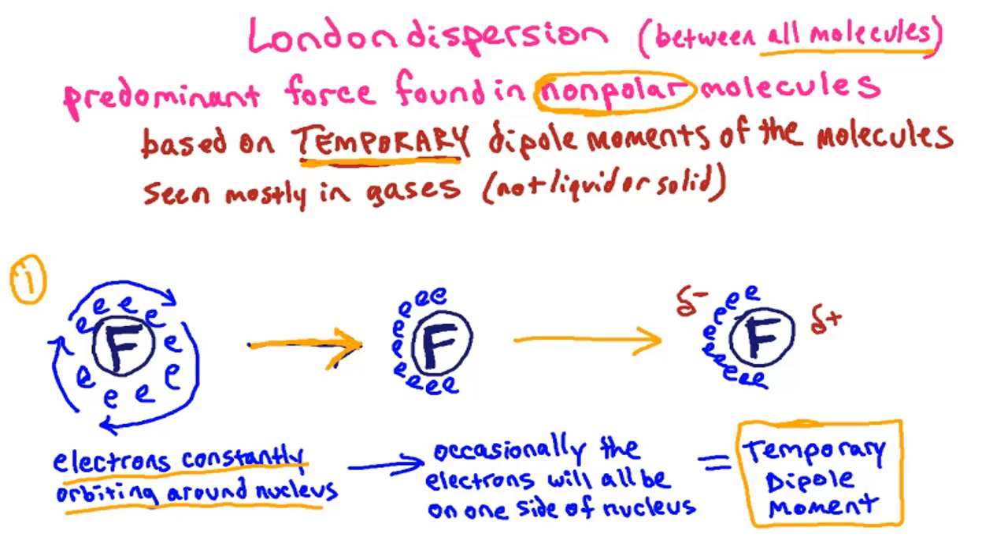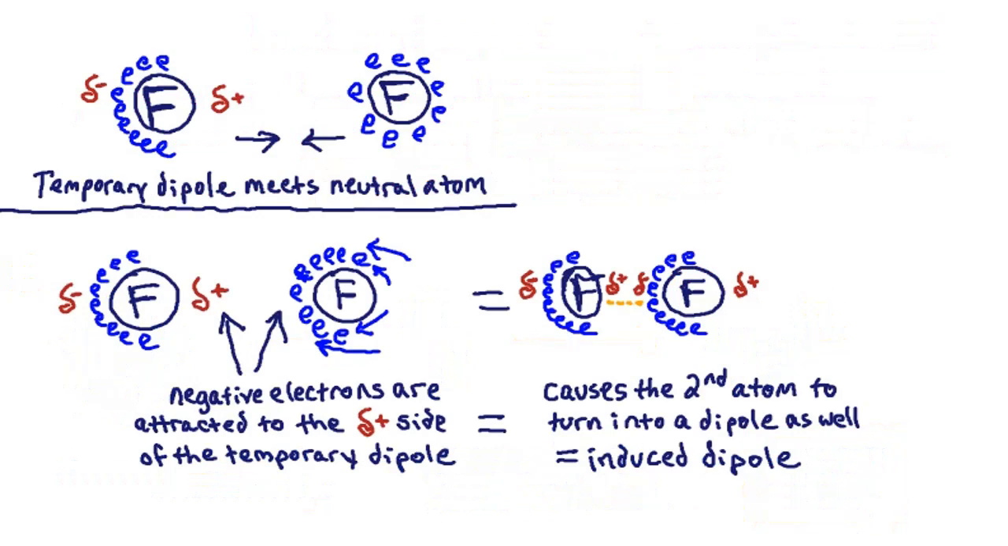So for just a short period of time, the electrons end up all on one side of the nucleus of the fluorine atom. That makes this side of the fluorine atom partially negative, and the side where the electrons are missing is temporarily partially positive. So this is a temporary dipole fluorine atom. Then what happens is this temporary dipole, this fluorine atom that we were just talking about, where temporarily the electrons all bunched up on one side,